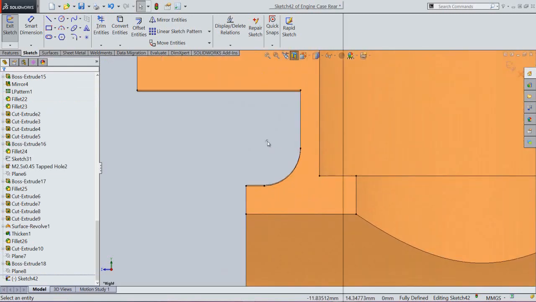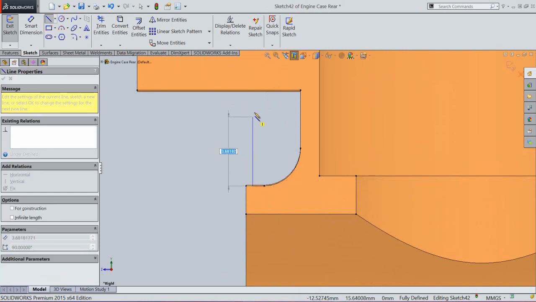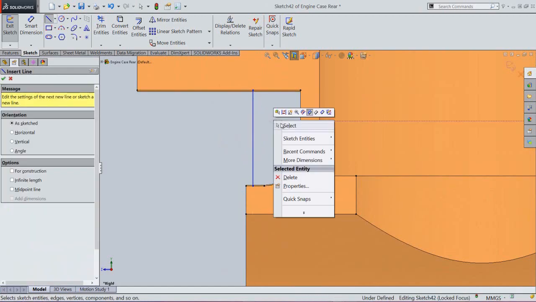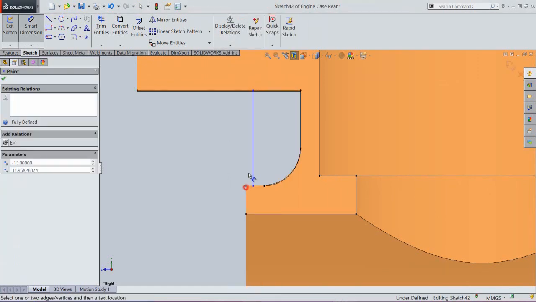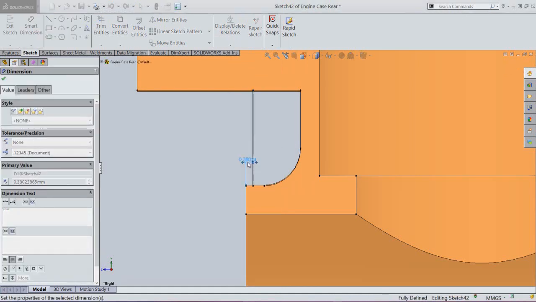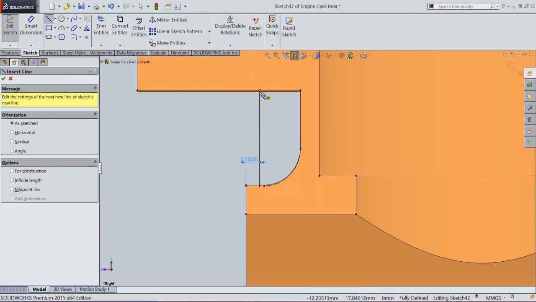Now we will create a line like this. And apply the dimension between this point and this line. Okay, this dimension will keep 0.75 mm.